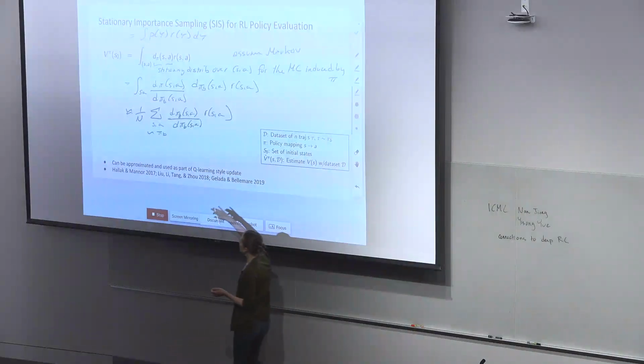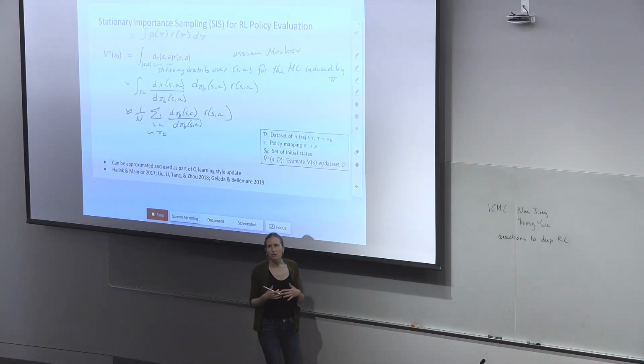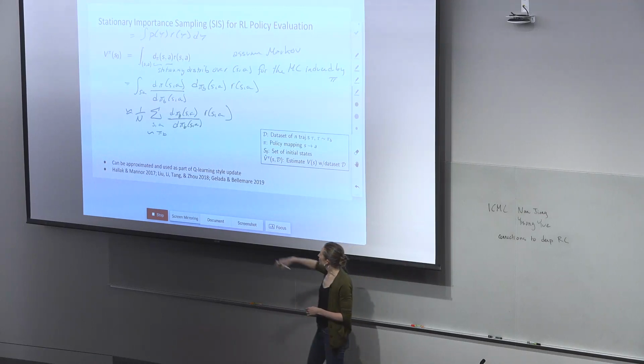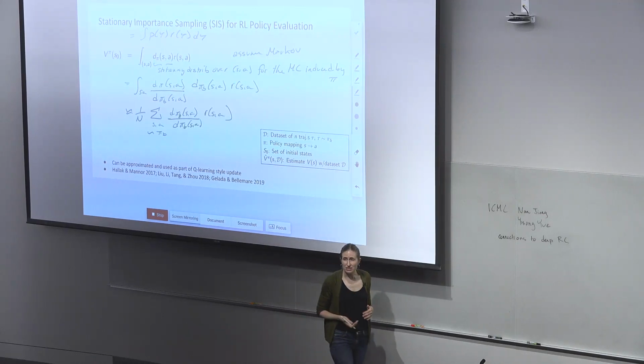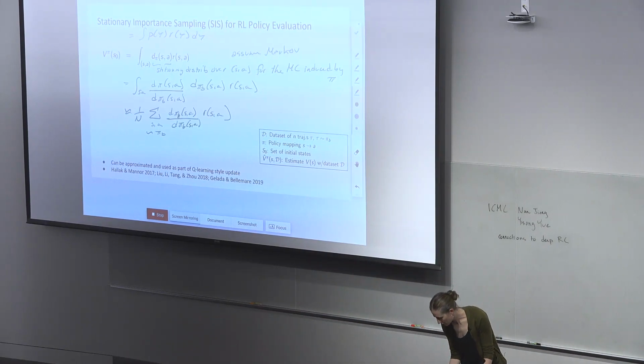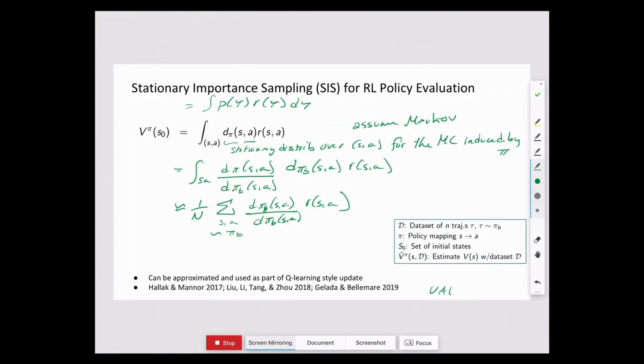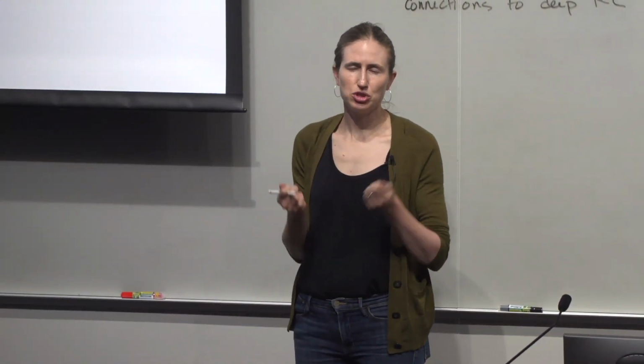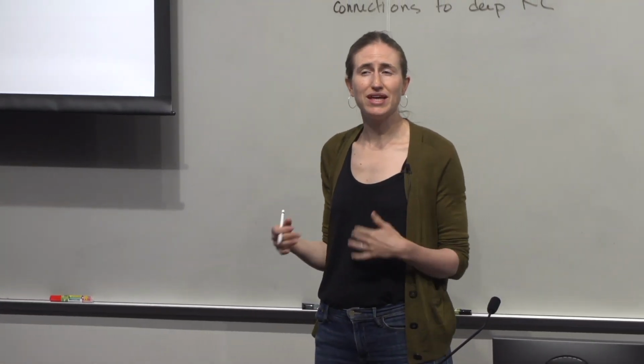All three of these papers thought about deriving this from the policy evaluation perspective. The Galetta-Bellemare paper also thought about using this for control decisions. We have a recent UAI 2019 paper, which uses this to do batch policy gradient. For those of you familiar with policy gradient, we didn't really talk about it here, but I find it really unsatisfying that you always throw away all your old data and just use data from your current round, which seems super inefficient. This gives us a nice way to better use all of our previous data without having the variance explode.